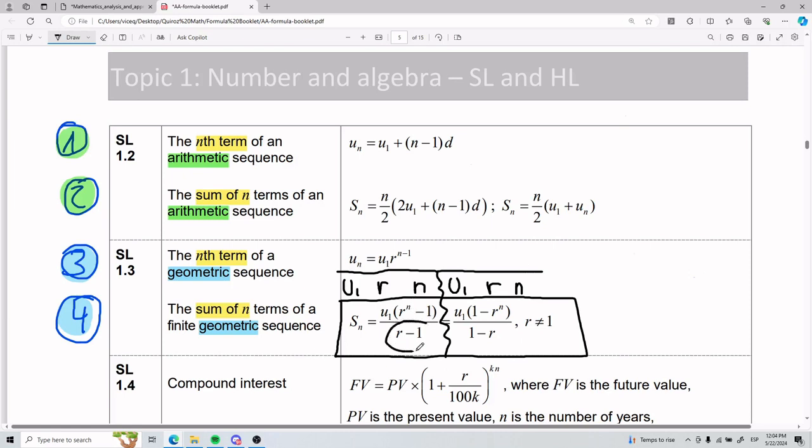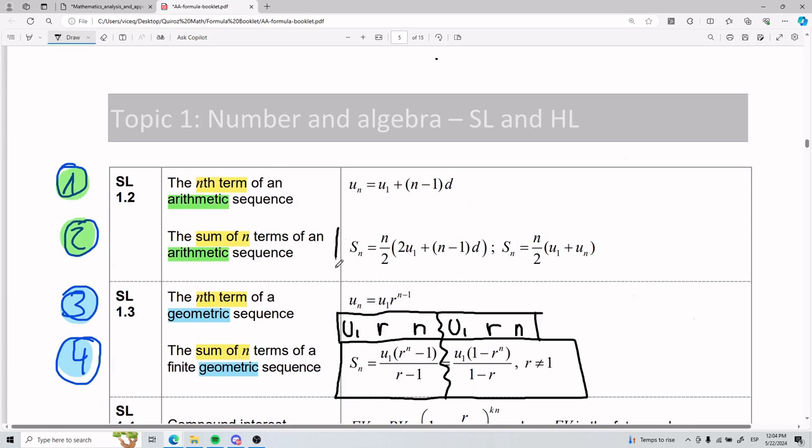For example, the bottom has R minus 1, while on the other one you have 1 minus R. But technically, they're asking for the same stuff. There aren't different variables here that they're asking for, and so intrinsically, they're the same, okay? While up here, for the sum of arithmetic, if you take a closer look, you have two different formulas here,